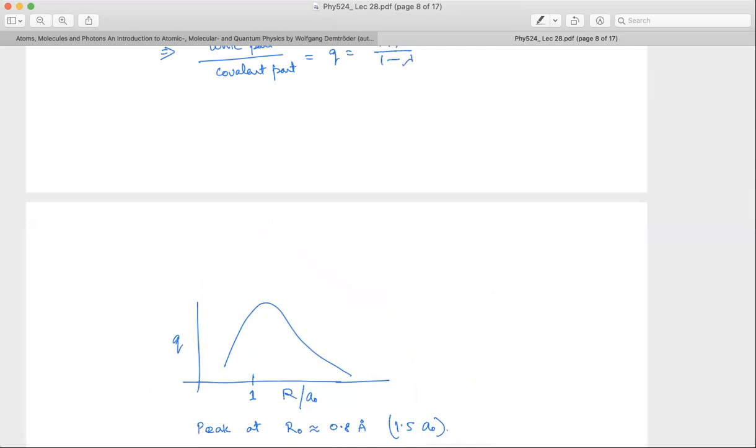And then R crosses some sort of a threshold value of 1.5 Å. So all of this calculation is for a diatomic molecule like H2. R crosses this threshold, etc. Then I start getting this covalent bonding nature, which will start to dominate, etc.